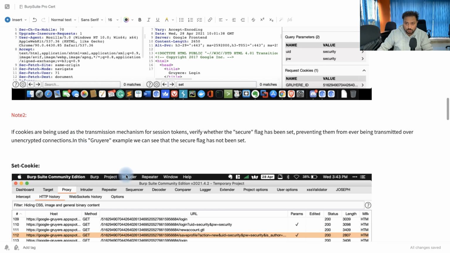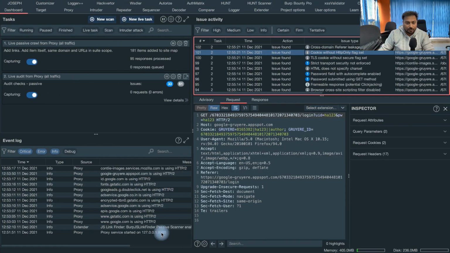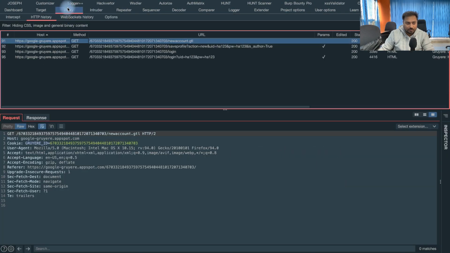There are multiple ways to check. I'm going to show you one more tool to check this particular flag, and also we'll understand how to identify vulnerabilities in that particular application. As I mentioned, you can apply this knowledge to any application. So let's see what other things we can do via this proxy tab. These are 4 requests I need to handle. You can see the ID clearly, and this is a cookie, and this is exposed.